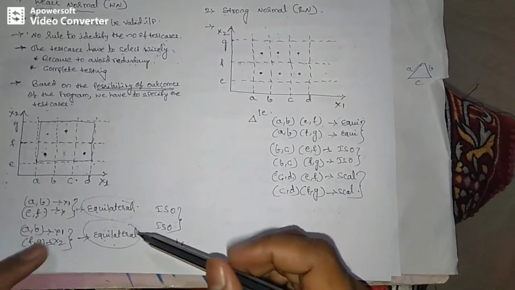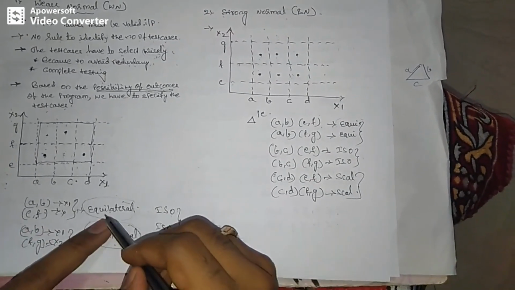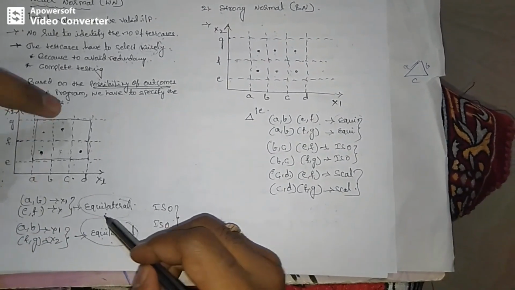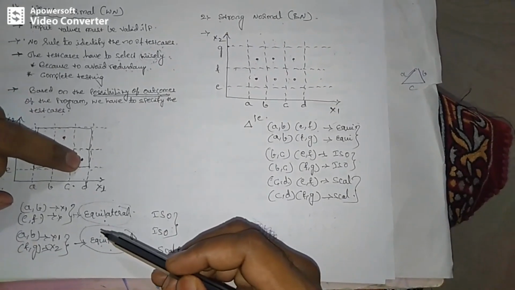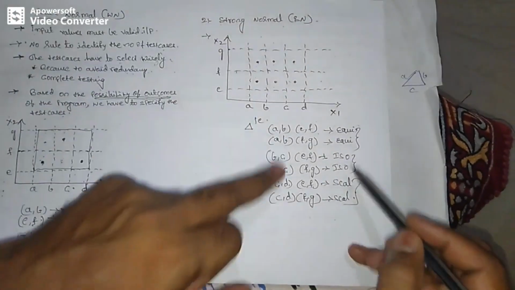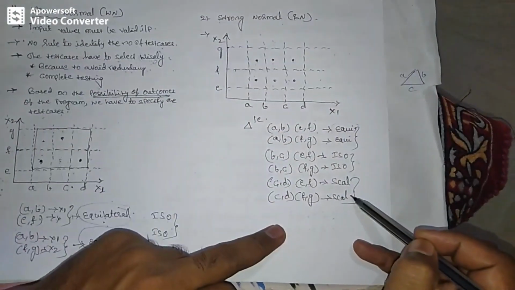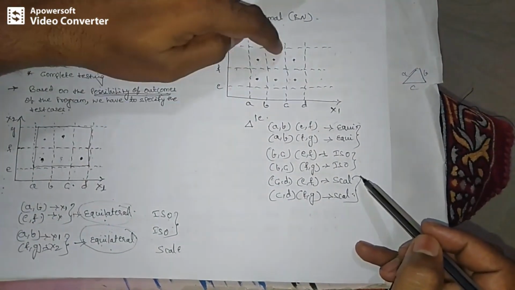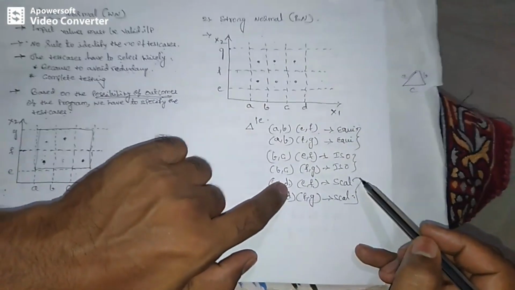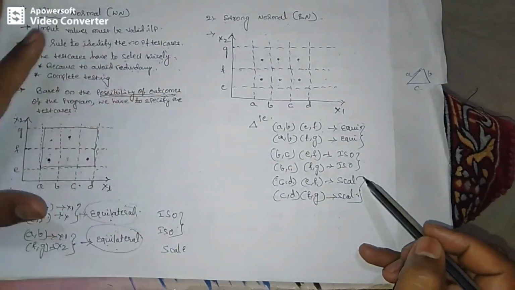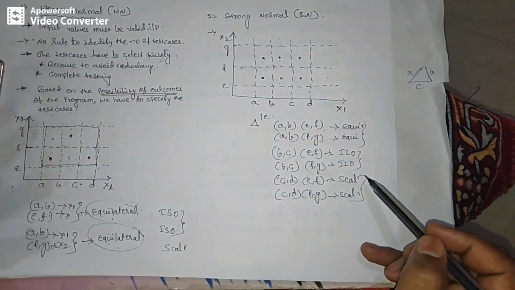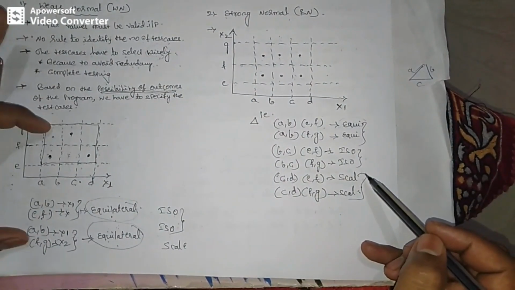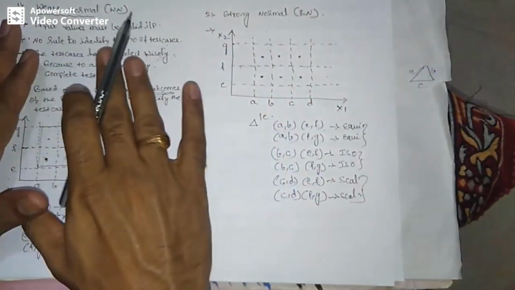As compared to here, we get each output result only one time: equilateral one time, isosceles one time, scalene one time. So here there are total 3 test cases. But here, total 6 test cases we are writing, and redundant output results are there. But here there is no redundant output result. Only one set of output results we are getting over here. That is the major difference between weak normal and strong normal test cases.